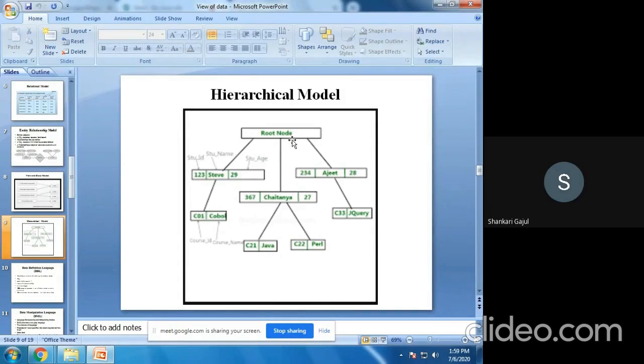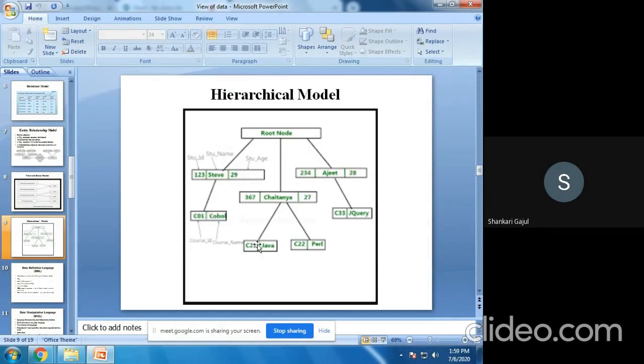Okay, so this is my dummy node where the actual data is present for the hierarchical next level. This is my parent node, and on the lowest level, these are my leaf nodes. This student record consists of student ID, name and age of the students. So these are the records. You see, at each level, one and only one value is present for this particular level. Same here for this record also.